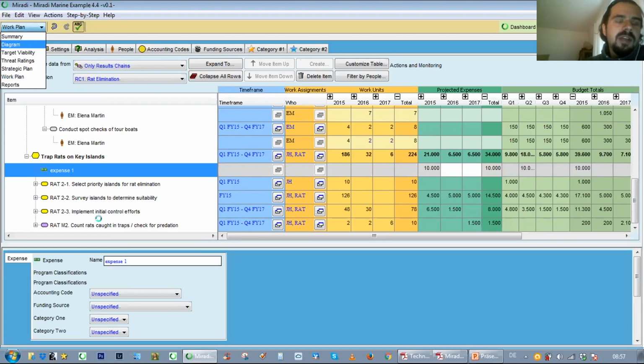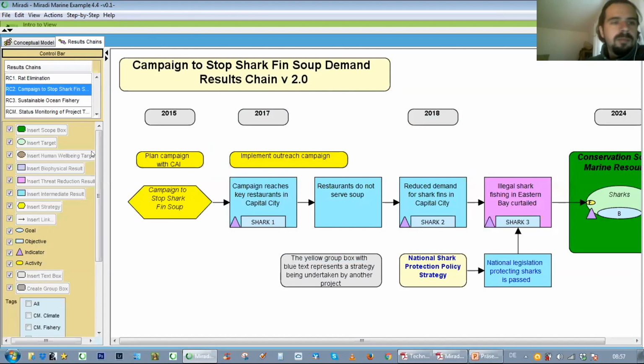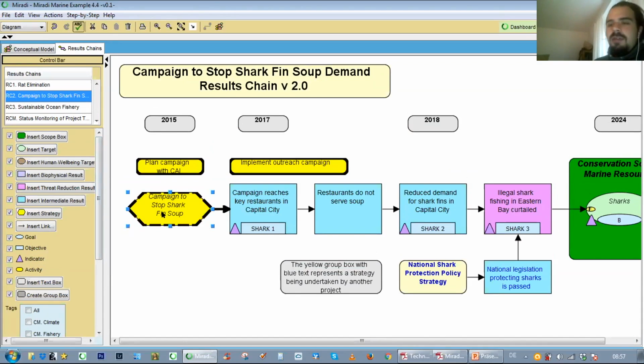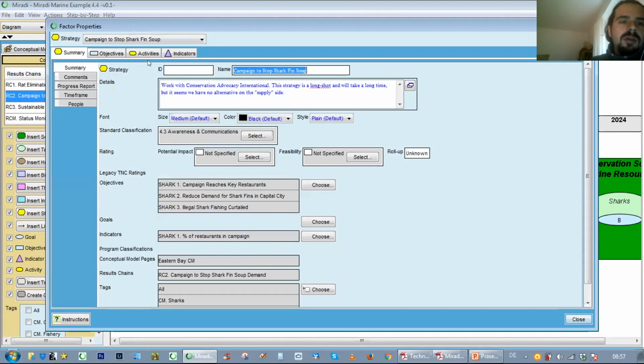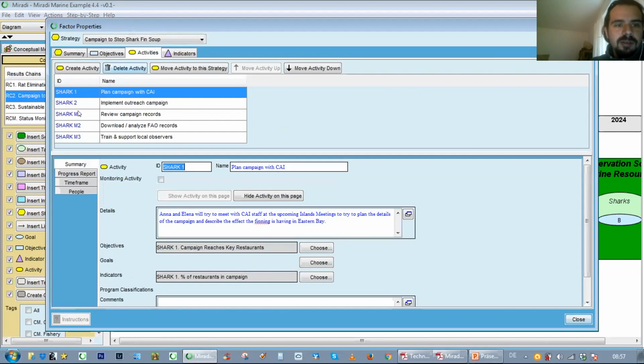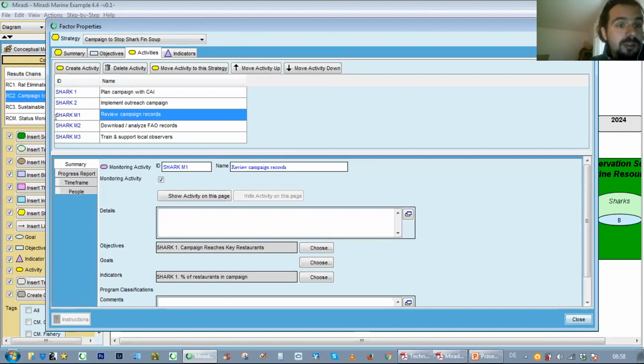If I go over to the diagram view, and if I double click on a strategy, going to the activities box, you see that here's all our activities lined up, and we have a tiny little tick box here that you can either mark an activity as a monitoring activity or leave it as a regular activity as you know them from before. We recommend to use the ID field to differentiate between monitoring activities and others, but that's of course up to you guys how you want to use it.